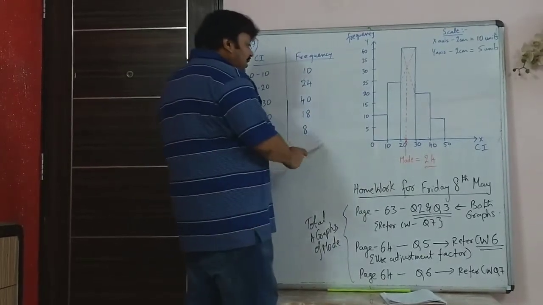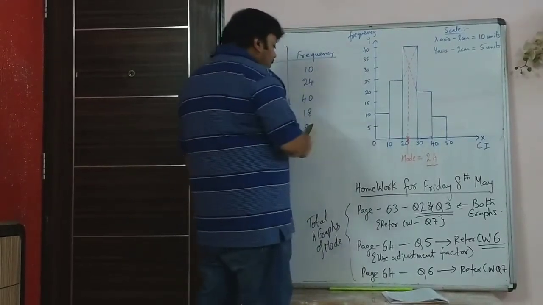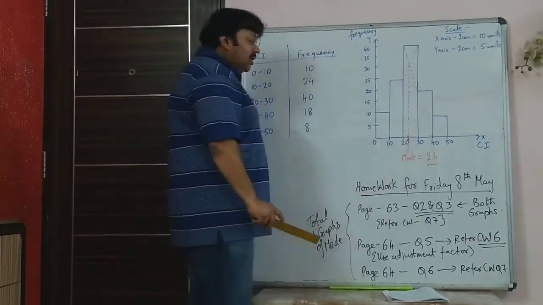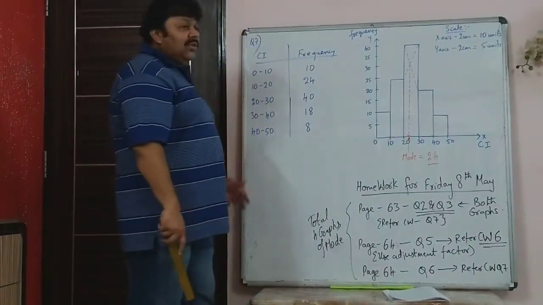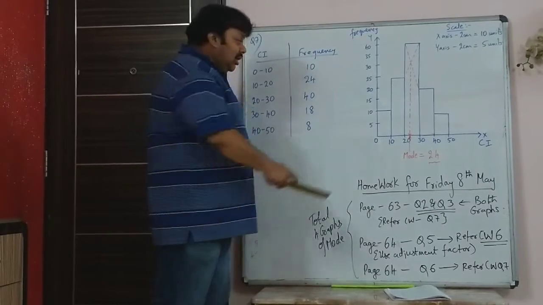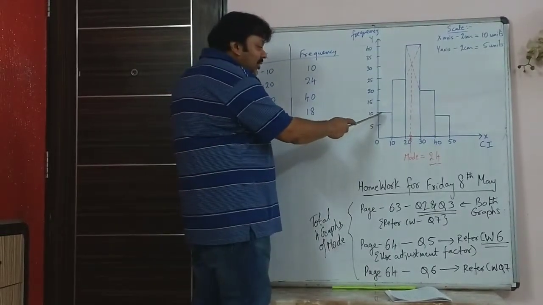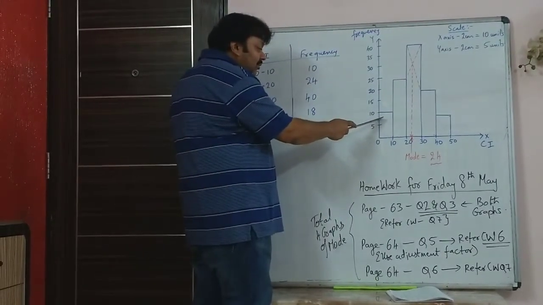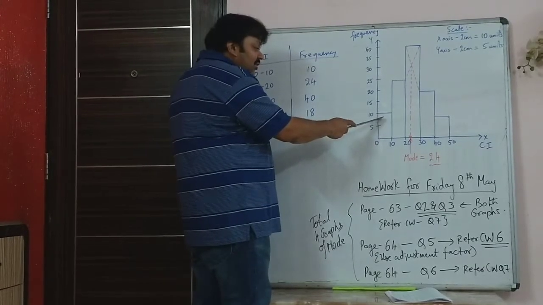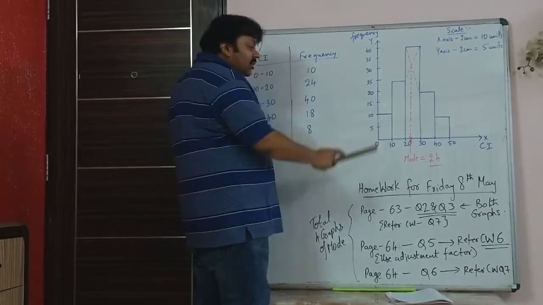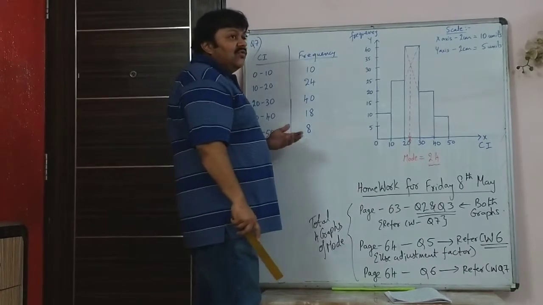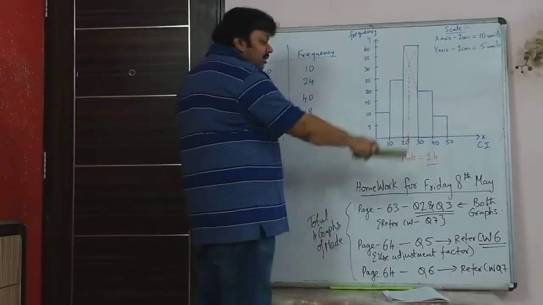Then the next one is 8, which is 4 lines below the 10 mark. Or exactly between 5 and 10 you can show 7.5. After 7.5, one line on top of it will be 7.5 plus 0.5, that is 8.